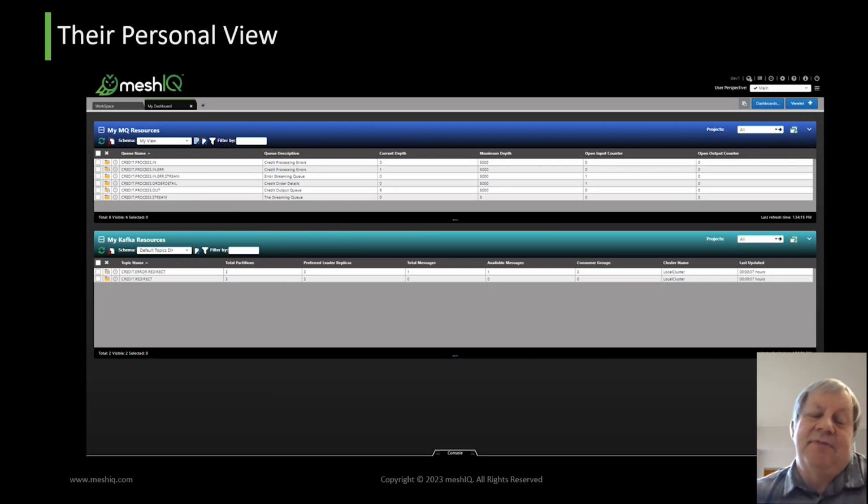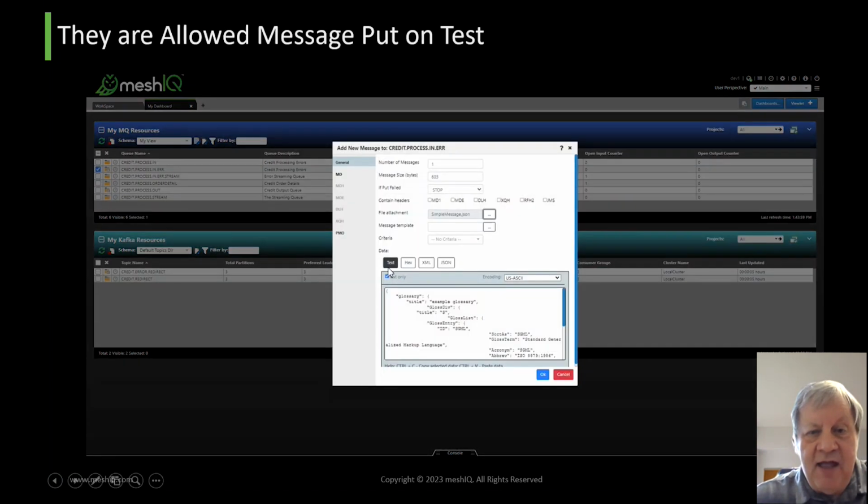And for this scenario, it's still streaming queues. We're still looking at our same old credit queues, but in fact, their view is limited to just the credit queues. And unlike the admin user where I kept filtering it down or subsetting it to show you the credit queues, they don't get to see anything but credit queues because that's all they're allowed to work with, right? So that's the meshIQ security model tying in this scenario. And so here are our queues. Of course, we're going to take one of these queues and turn it into a streaming queue. And that'll be this credit input error queue.